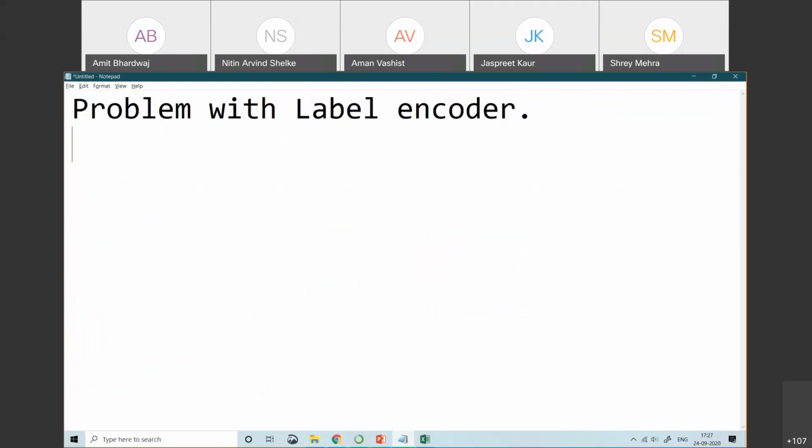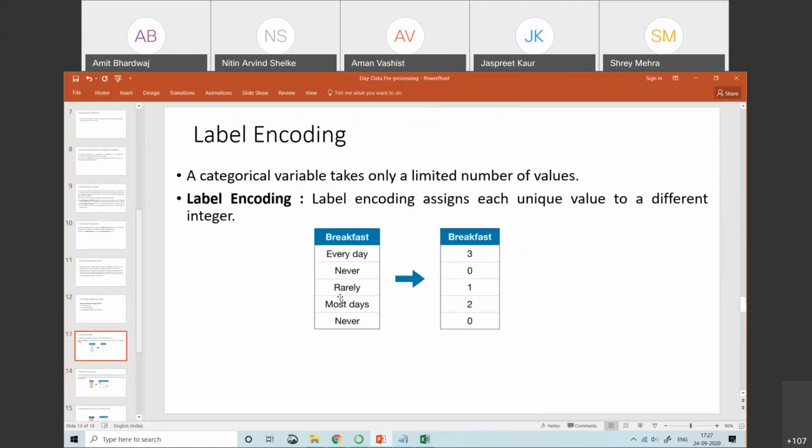Now, the problem with the label encoder. Can anyone from your end tell me what is the problem associated with label encoding? Why do we go for one hot encoding? Anyone from the class?